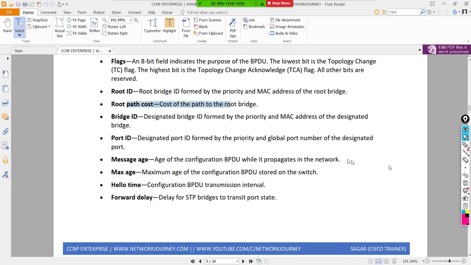The path cost is of all the interfaces. So these interfaces will have some cost. It's as good as telling someone boarding a metro train, if he wants to travel from A to B, he has to pay some ticket fare, right? So everything, even your STP, follows the same thing. If something has to travel from here to here, there is some standard cost for this. Now this cost will change depending upon the Ethernet or the cable medium. We know that